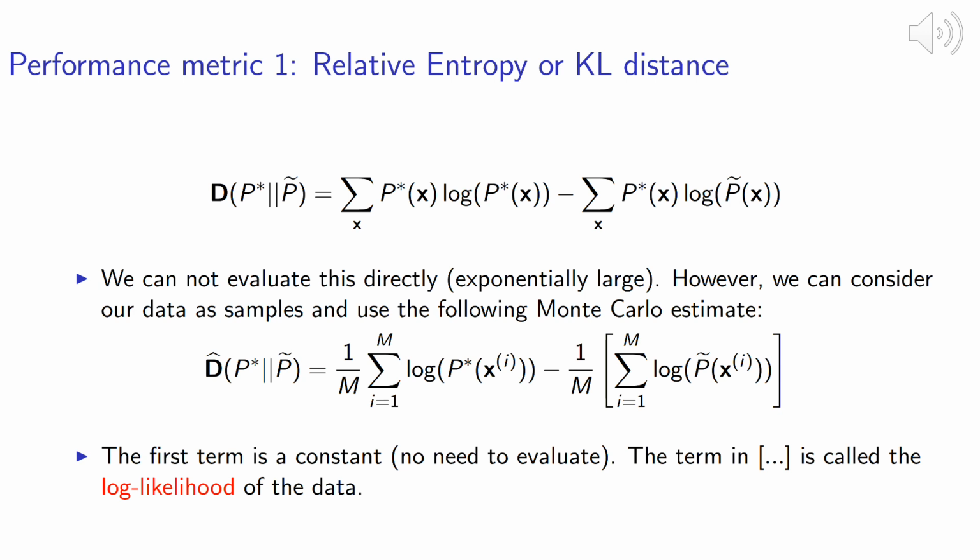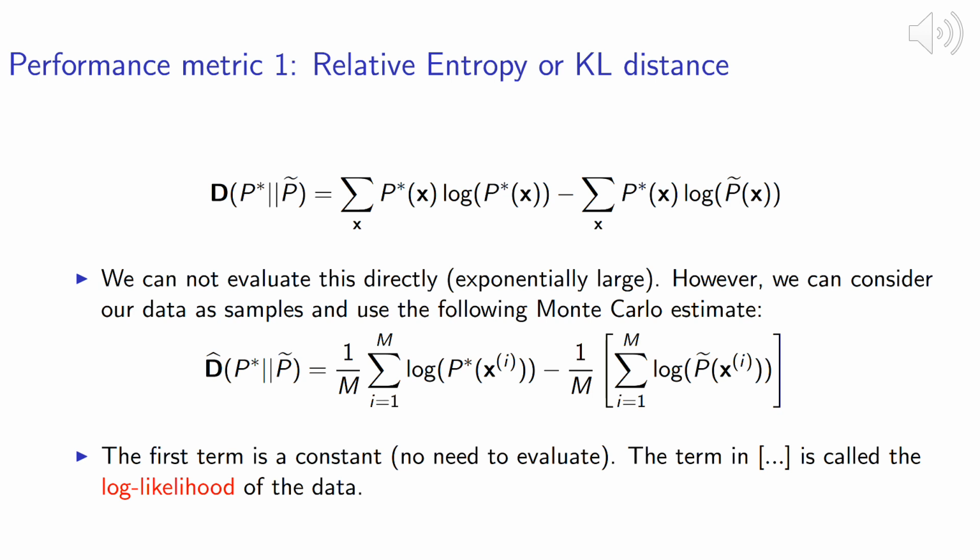Moreover, another issue is that we don't have access to P star itself, otherwise we would be done, if it has a small enough tree width and if it's a compact model. We only have samples or data that is generated from P star. But the good news is that we can use a Monte Carlo estimate of the KL divergence